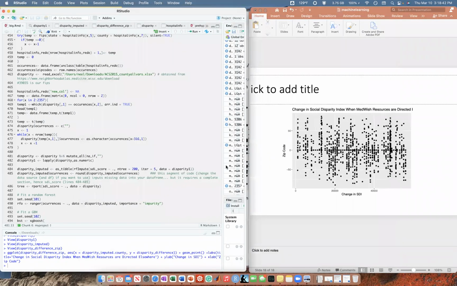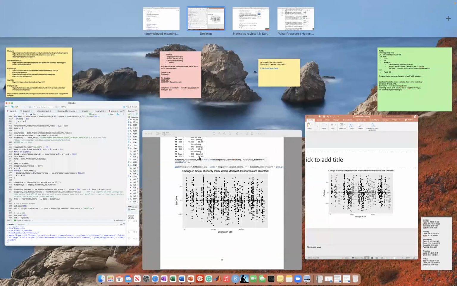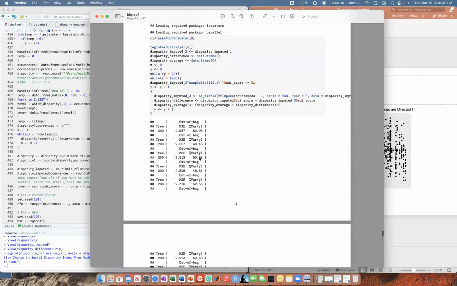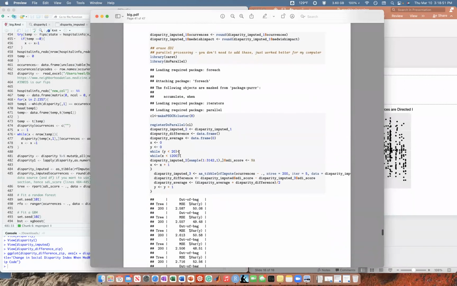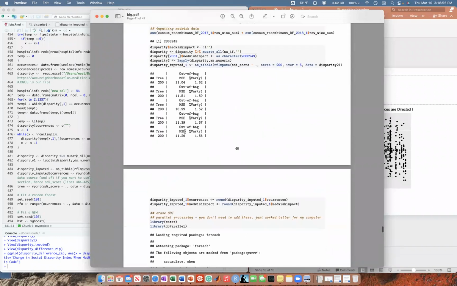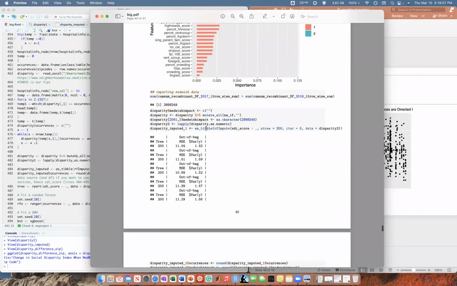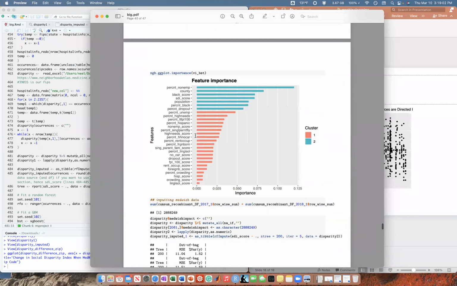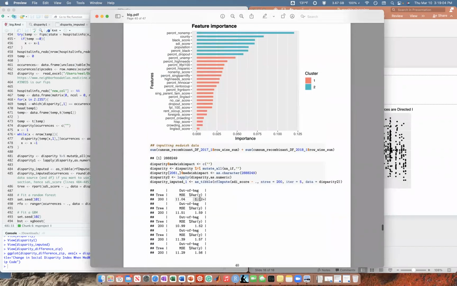Backtrack actually. Sorry, I need to find where I set the confidence interval. I mean, I guess that's close enough.